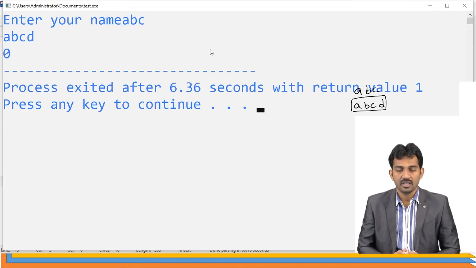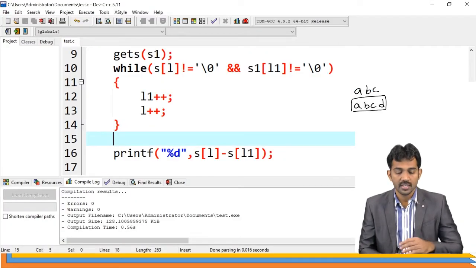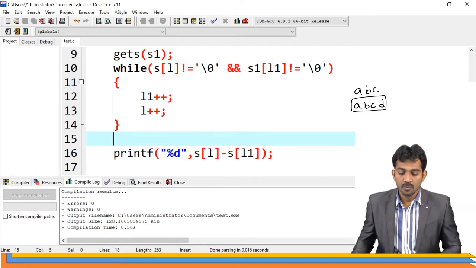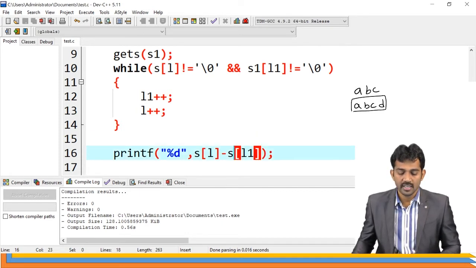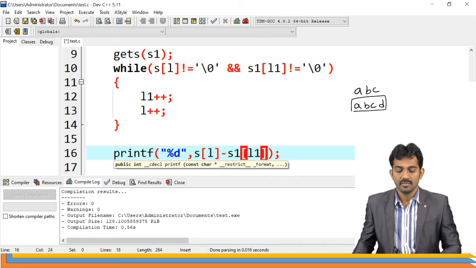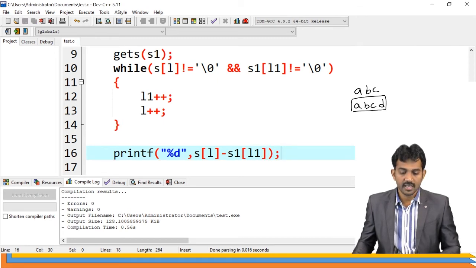We made some mistake. What is the mistake we have done here? See, I have used two S's, right? Here I should use S1. Right? Is this clear?